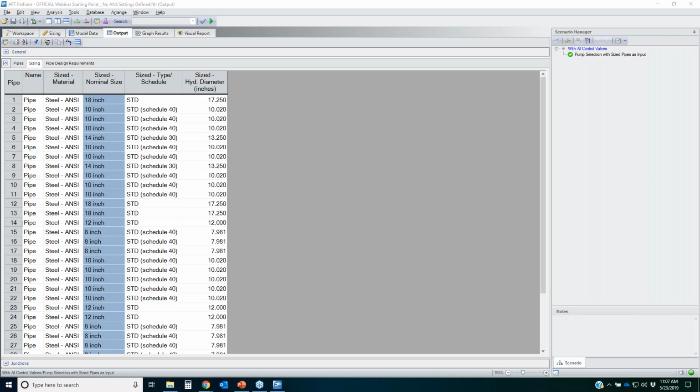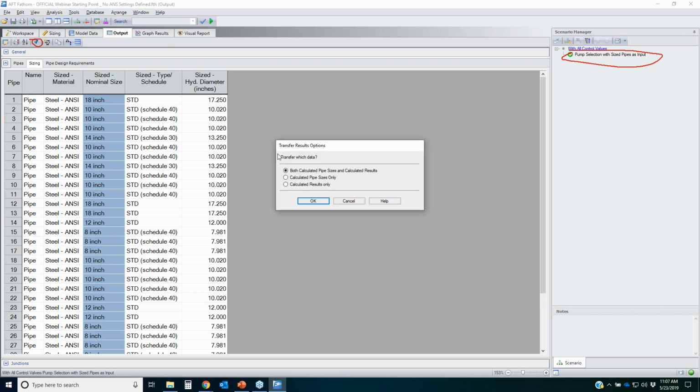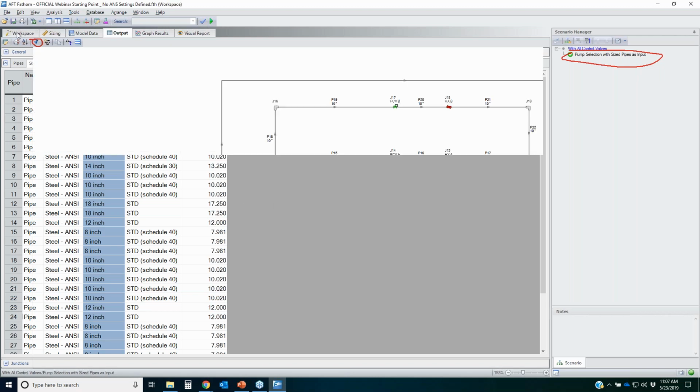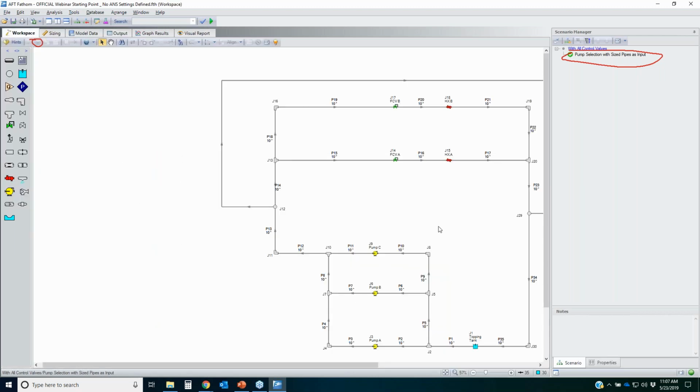and transfer those to input. So what I'm going to do in this scenario, my child, is click on the thumbtack. That's where you can transfer your resulting pipe sizes to input. So if I click on that, I'm going to transfer both the calculated pipe sizes and the results. Click OK. So now if I go back to the workspace and reload this scenario,